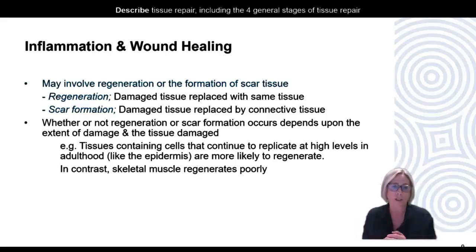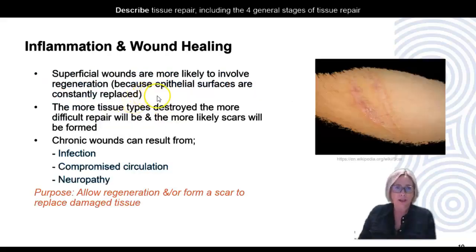So this tissue is likely to regenerate. However, in contrast, skeletal muscle regenerates poorly, as does nervous tissue. Superficial wounds are more likely to involve regeneration, and this is because epithelial surfaces are constantly replaced. However, the more tissue types that are destroyed, the more difficult repair will be, and the more likely that a